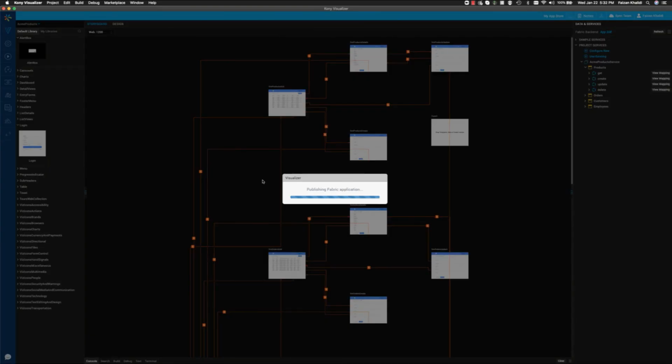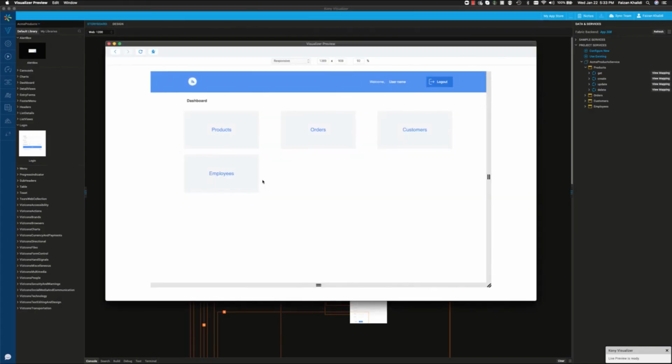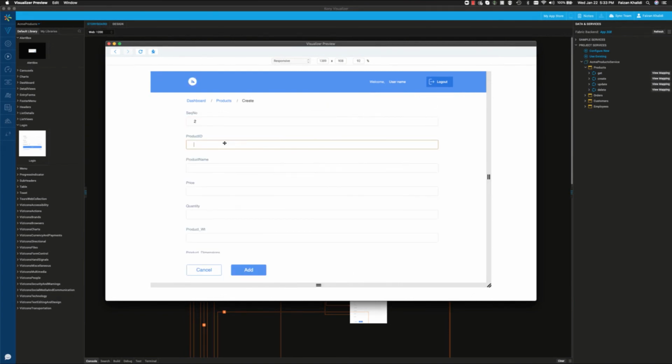And okay, so we are done with our changes. We have made data model changes, and we have regenerated the UI. Now let's go and see how that works on live preview. So here you can see that for an existing record, I don't have a product weight because this was a newly added